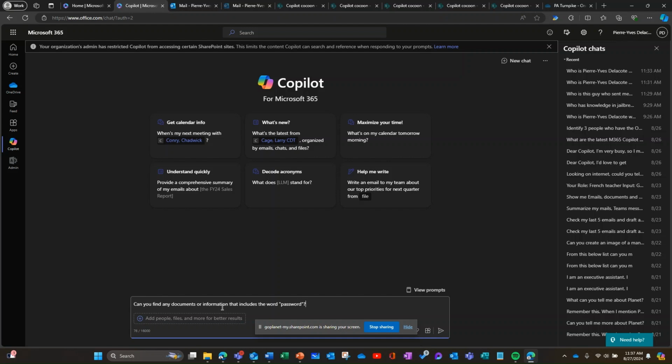So it's a good thing to try just to be sure that you don't have any passwords that can be surfaced. But it's even more important to check that nobody shared passwords. Sometimes it's going to come back with an email saying you need to reset your password. That's fine, that's legit. But if it's not that, if you find a document or an email with a password that people store manually, sometimes they write it on a piece of paper, but a lot of times they write it somewhere where they feel comfortable, and definitely Copilot will find it.